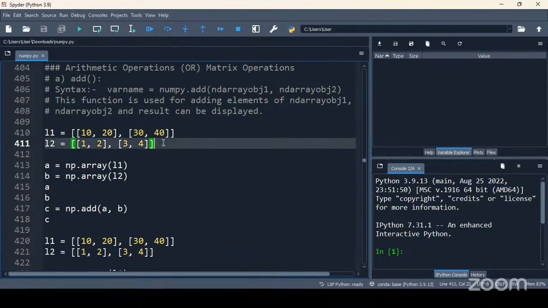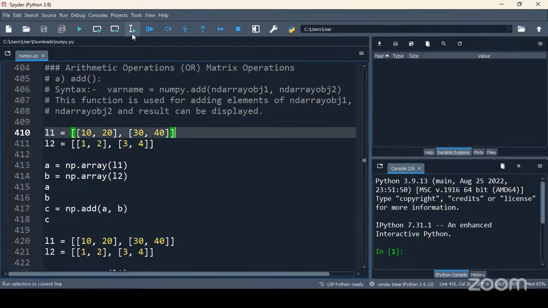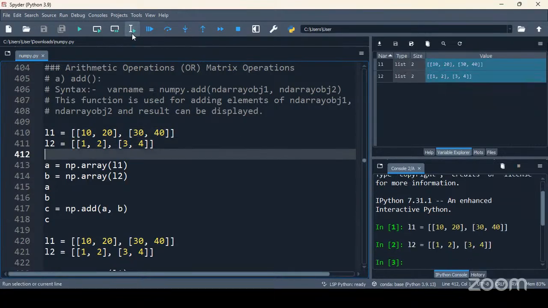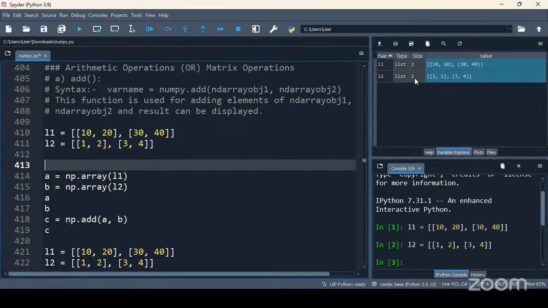Then what about L2? L2 is also a nested list. Observe carefully. Both L1 and L2 are list objects of size 2. Now, I'll use the array function from Numpy because we are supposed to use it on arrays,